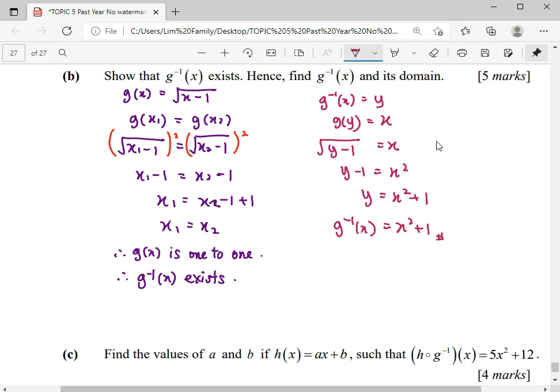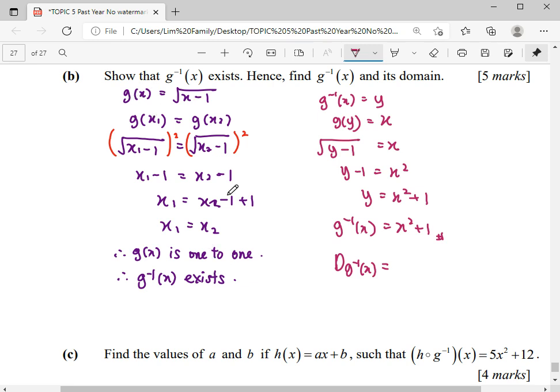So for G inverse, x squared plus 1, it is a quadratic function. It says state the domain. When you want to state the domain of G inverse, although it is a quadratic function, it is not a special case. For a quadratic function, the domain will be negative infinity to infinity. It's not a special case. But because this inverse function comes from gx,